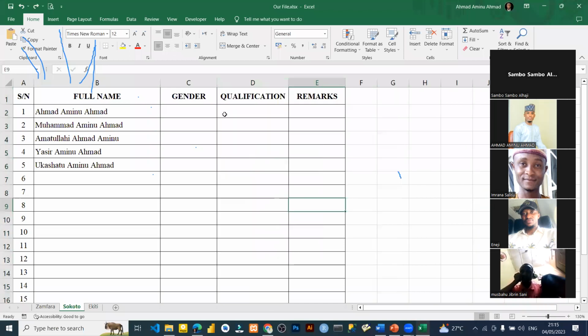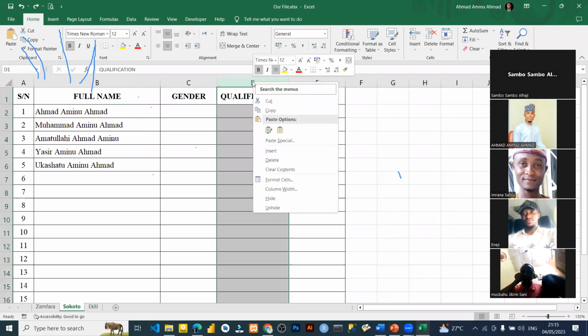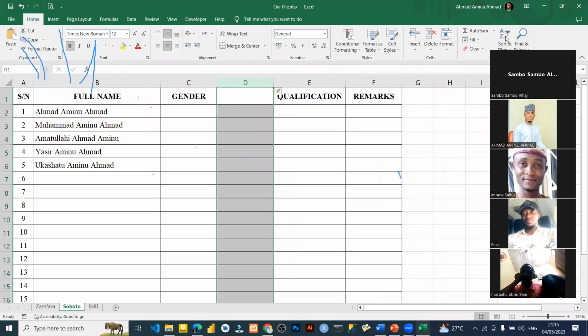Sorry, let me show it again. Just come to the top of it, where I told you to highlight the entire column. Just click on it like this. It selected everything. Right click from your mouse or your touchpad, then you click on insert. Then it's going to insert a new column for you at the left-hand side, and it's going to be empty